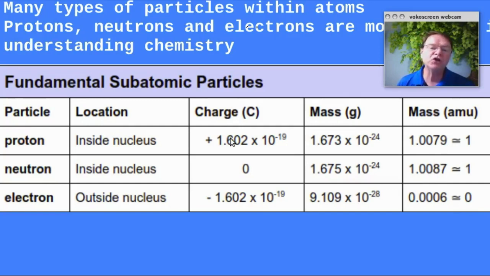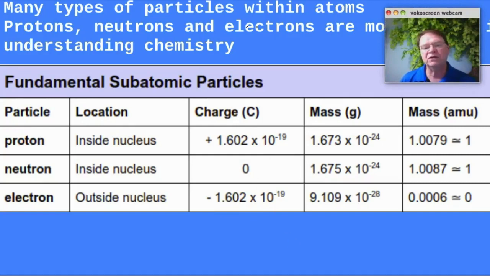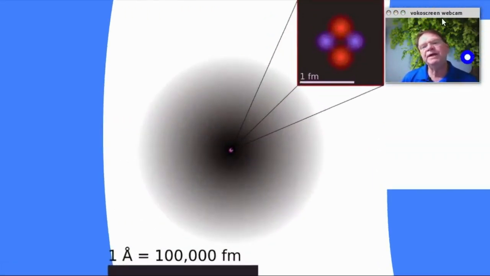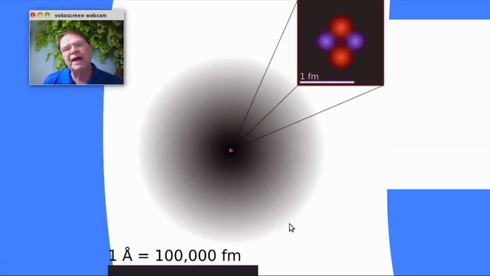When we look at the charges, the SI unit for charge is the coulomb, and you can see the proton and the electron, they have a similar but opposite charge. The neutrons have no charge, but they do account for a significant part of the mass of atoms. They're in the nucleus. So these are the essentials of what we're going to be looking at in terms of the structure of the atom. And then I want you to begin to think about the structure of the atom, kind of like this picture here.